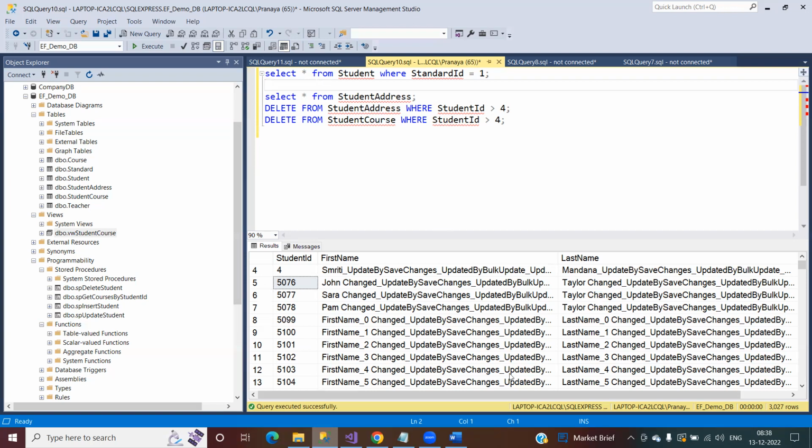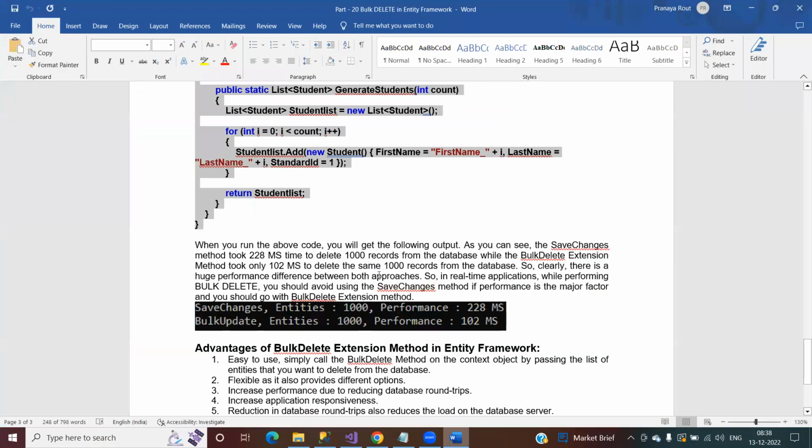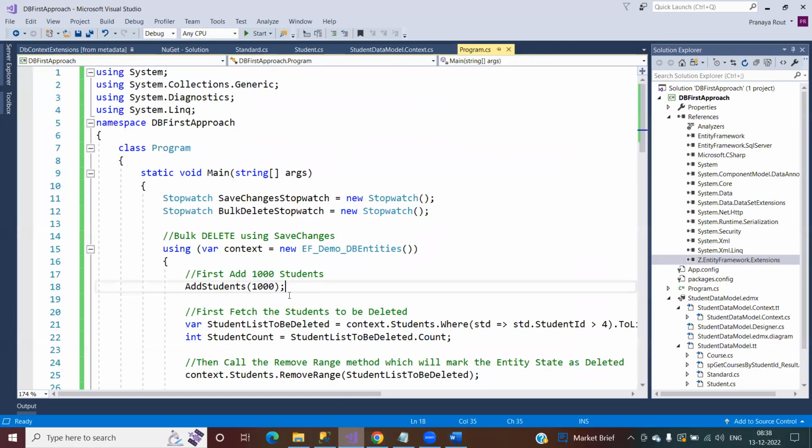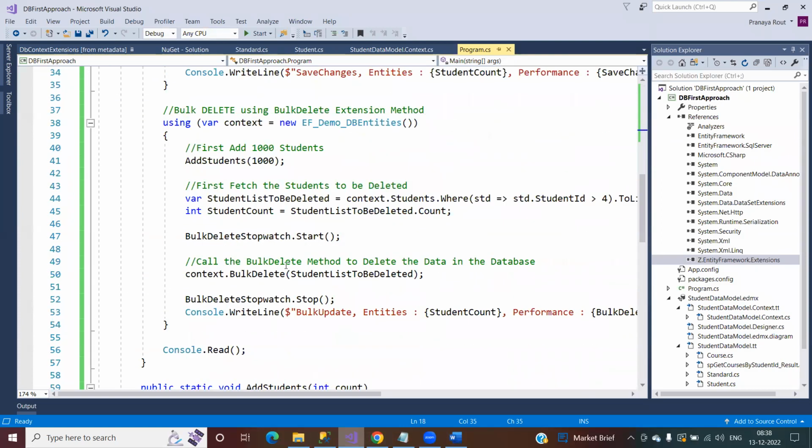See, in today's session, I have shown you how to work with asynchronous programming with Entity Framework. In this case, I'm using the bulk insert method, so you can also use bulk delete async. But if you do not know what exactly an async method is, can I use the await operator here? No, you cannot use the await operator here,